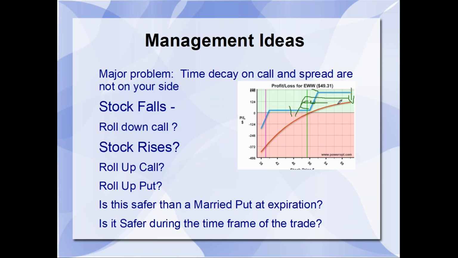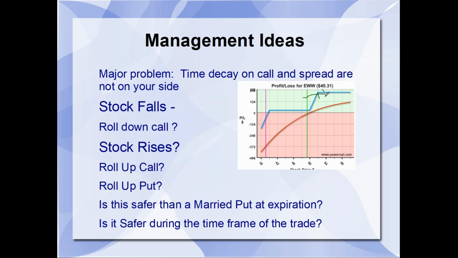Yeah, and just like you can see here, Rajiv mentioned this is one of the problems with this type of structure, Mark: day to day it will show a negative return until 90% of the entire time frame. That's pretty close. Even if it moves up, you're still going to be showing negative in the near months. It's going to be hard to gauge a management technique on this because it's always going to seem like you're losing until you actually start to get a reasonable amount of time decay.